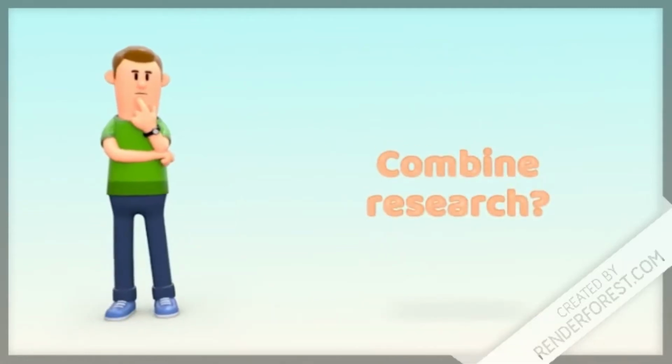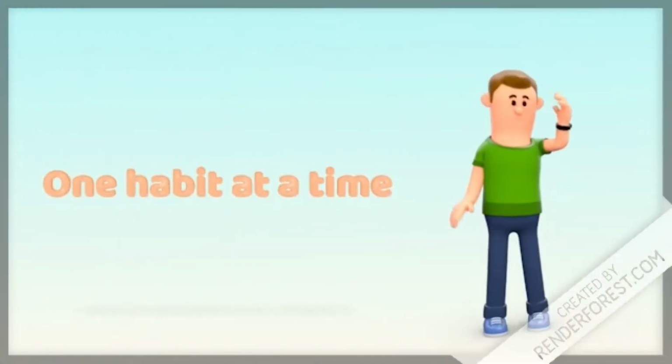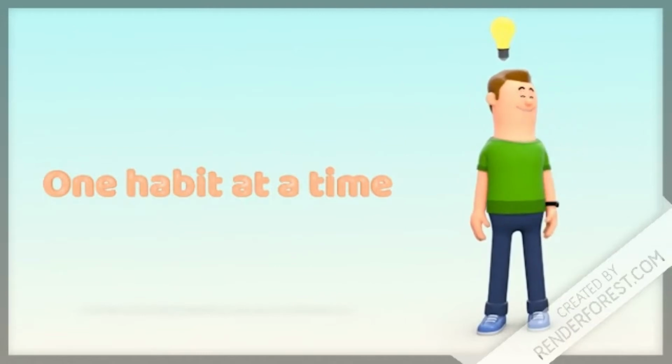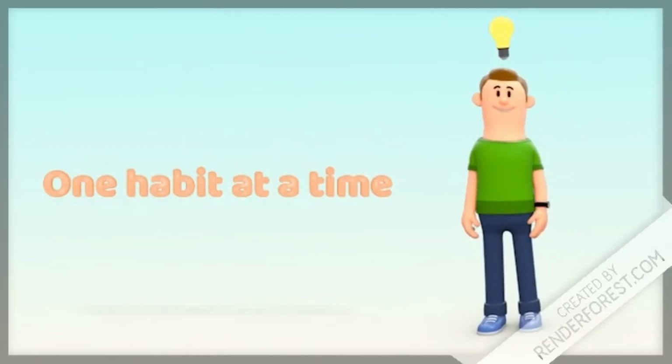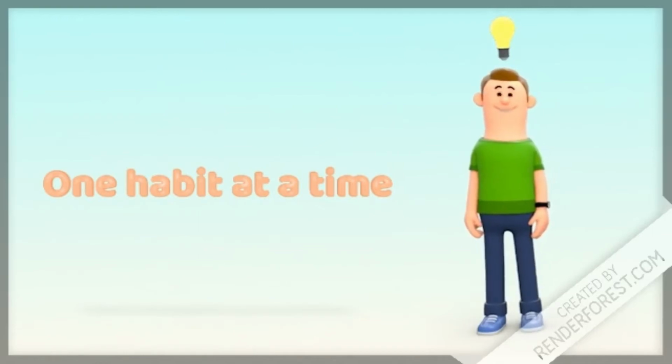So, how do we combine the research done by Miltenberger and Kasdan et al. so that we can get the necessary change in behavior? Firstly, start by picking one habit at a time. You won't get your 3-year-old to pick up all his toys, eat his greens, and stop hitting all at the same time. Select one habit or behavior, like picking up his toys. It's very important for you to be specific about what habit you want to see or are trying to build.